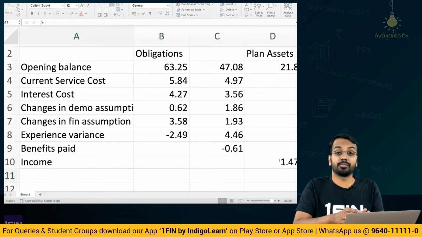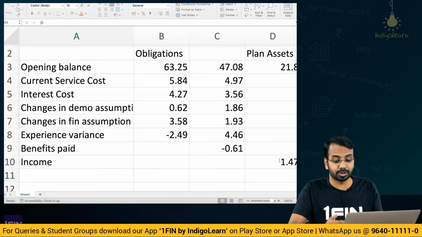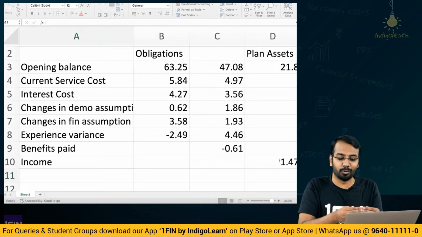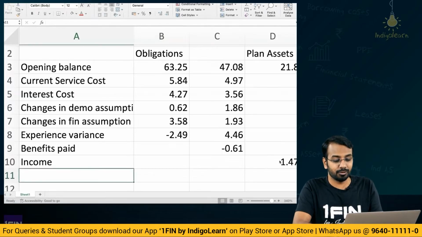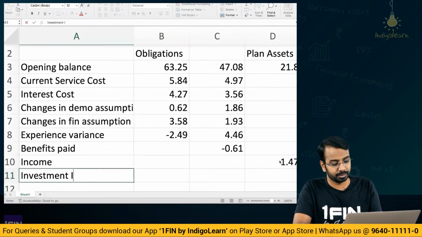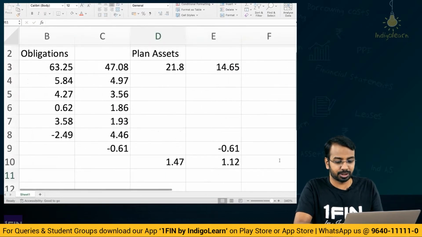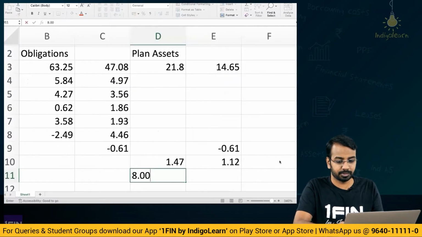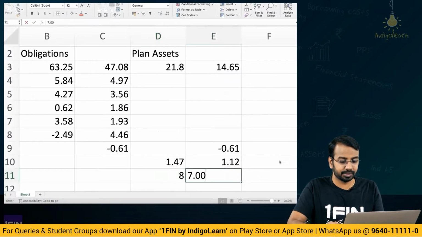Then you have employer's contribution. See, employer's contribution will increase your plan asset because they have added it to the kitty, they have added it to the investment pool, so the assets will increase, right? So contribution, which is how much? 8 and 7, 7, and